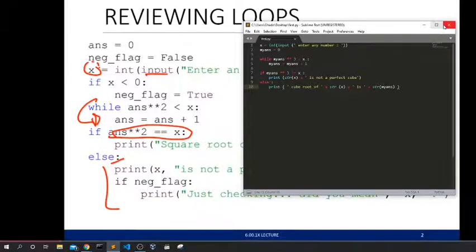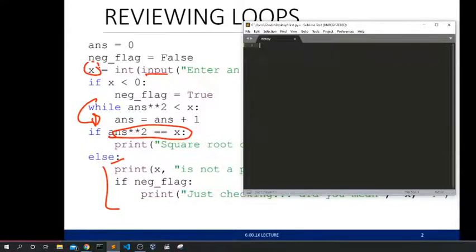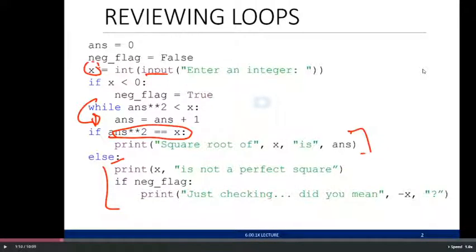So this is the square root of... Okay. Now I'm going to delete this. And here, do you think we can do this? Let's give it a try.